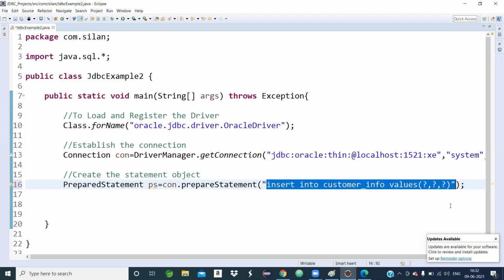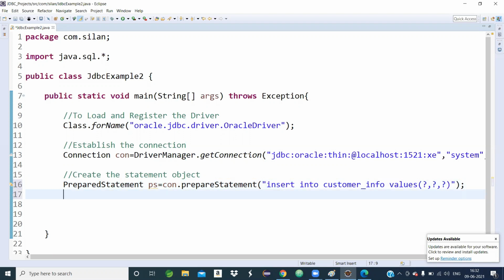Once you have the question marks, the number of columns equals the number of question marks, then immediately we have to set the values, for customer ID, customer name, and customer address, by invoking setter methods. Yesterday I told you there is a getter method, meant for getting information, and a setter method, meant for setting information.